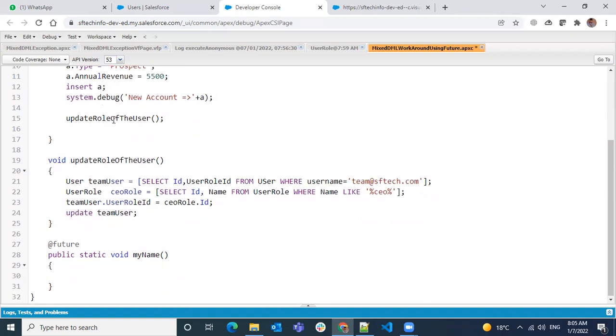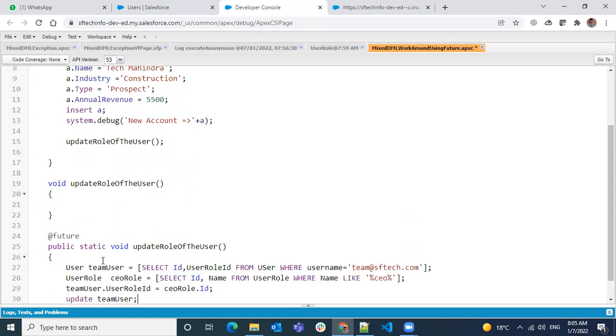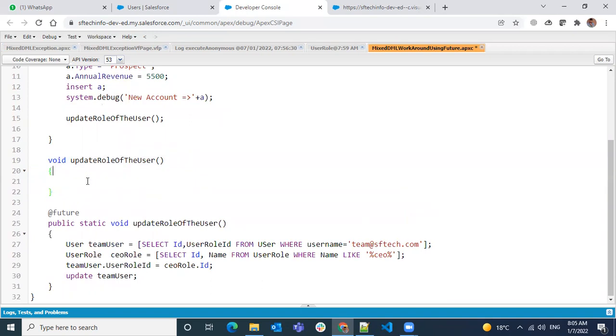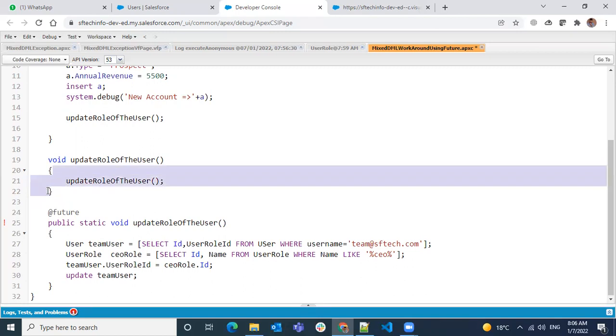And then I'll just save this name here, and I will move all this logic to this future method. So what I will do is, instead of doing it here, I'll just call this method. So whatever logic I have here, the block of code, the same block I was